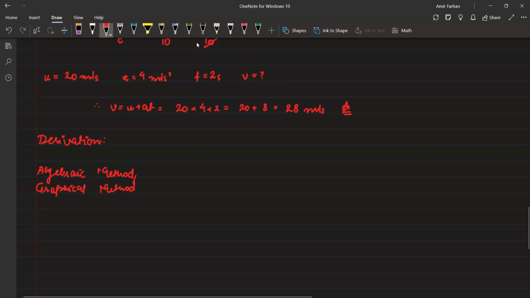No assessment, Heather. You will have an assessment on this topic in the next class. So these 2 methods are used to derive the equations of motion. The graphical method is deleted from the NCERT portion, but still some Middle East schools have this topic in their syllabus. I just wanted to ask, how many of you students have this topic, graphical, in your syllabus?